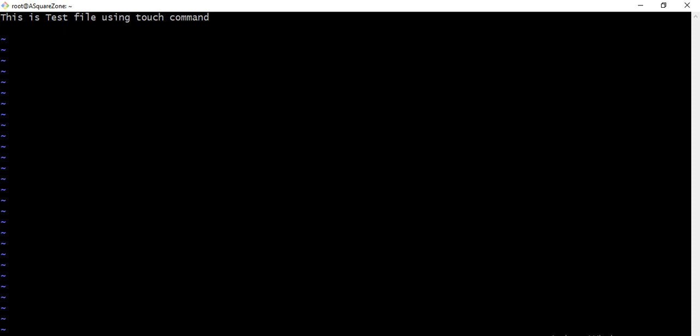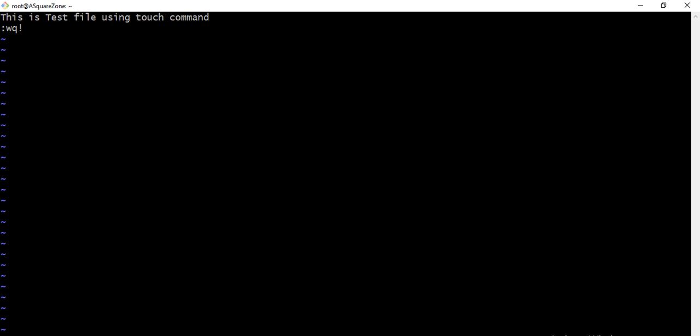Now we have to save this file. For this we need to remember one thing: colon followed by wq and an exclamation mark. This command saves the file, but here we are not supposed to type it like this.